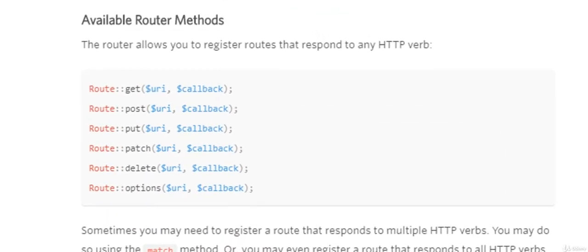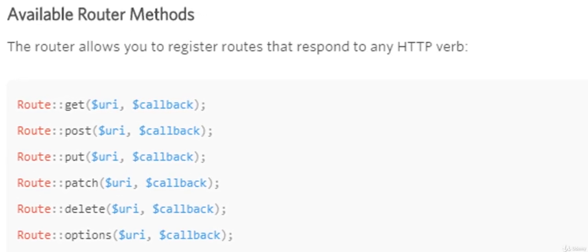The first thing I want to discuss is the list of available router methods. Each plays a different role in your application and all are important. It's important for the exam that you learn the different available router methods. Get, which is to read, post, which is to create, put, which is to update or replace, patch, which is to update or modify, delete, which is obviously to delete, and finally options, which allows the settings of headers. We'll be covering most of these in this section, so don't worry if you don't have a clear picture on